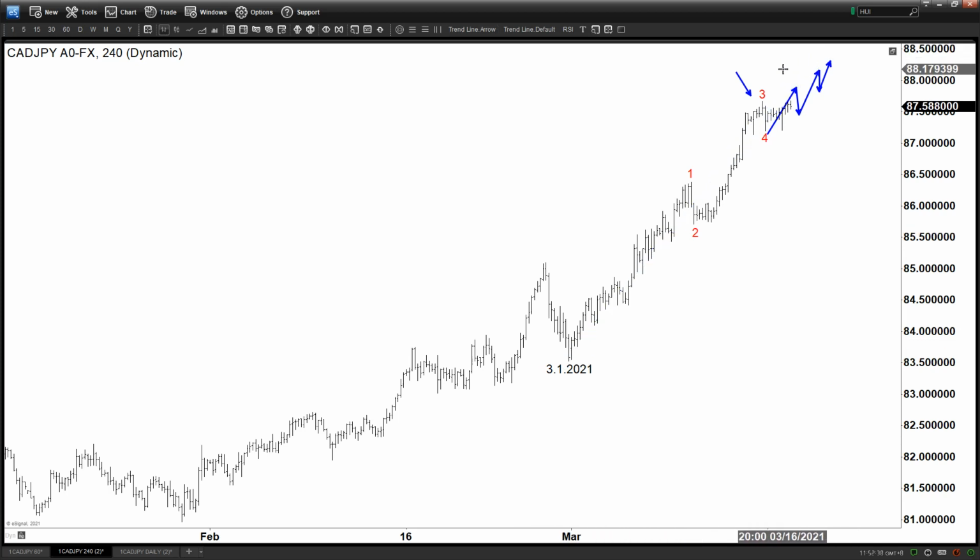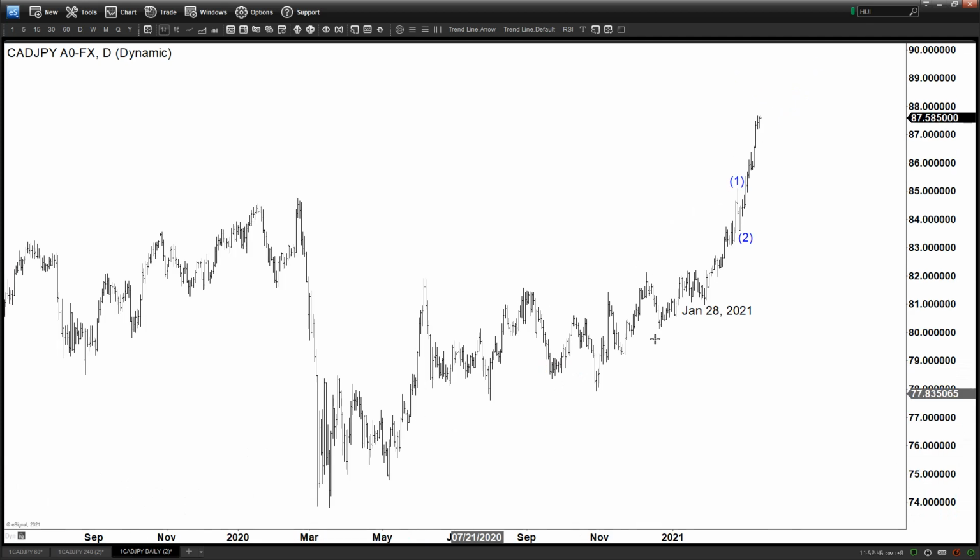Okay, now looking into slightly larger degree, let's take a look at the daily. Now remember, this is March the 1st. Okay, so this is the daily. So in the daily it is more interesting here. You can see how impulsive this looks, very, very impulsive, right? So if you look at it from January 28 as the starting point, you can see this looks to be a connector from the January 28 because it has the biggest swing of the pullback here. So this is a connector, right? Again, if you look at it from January 28,